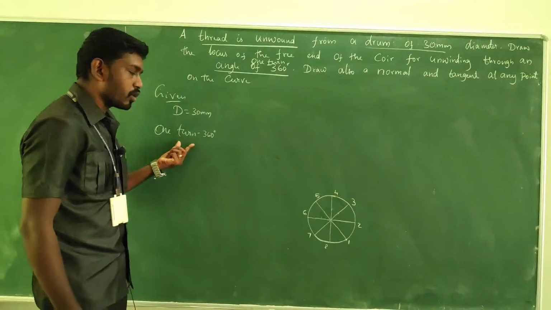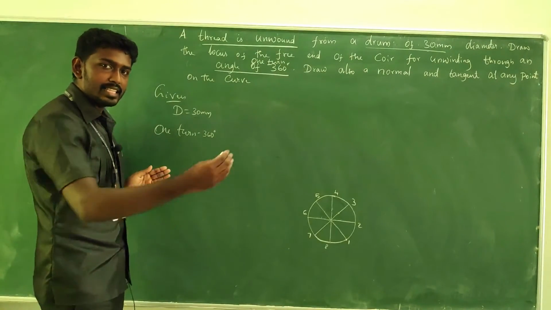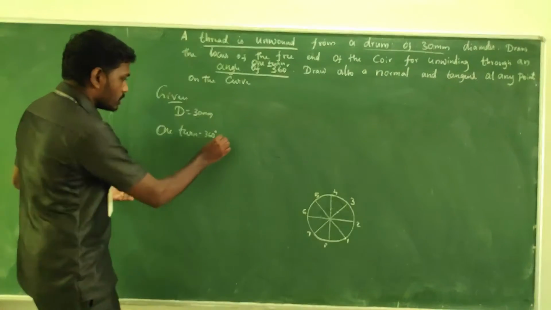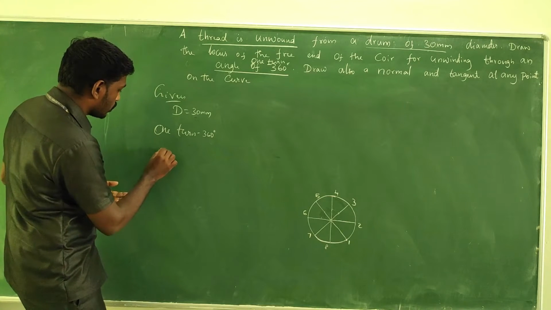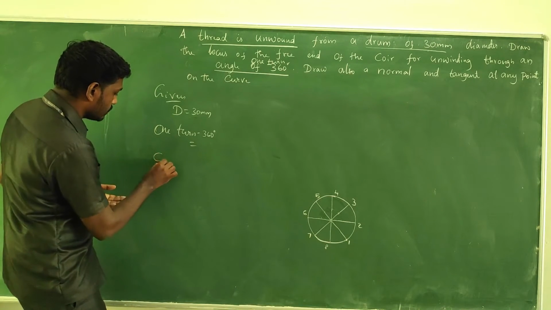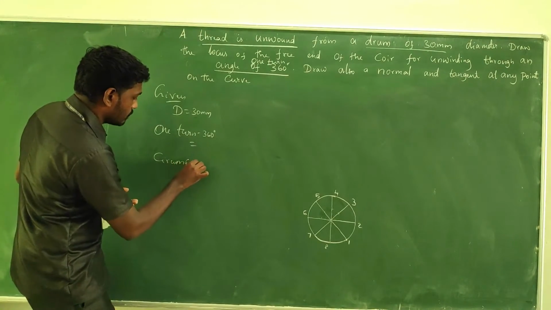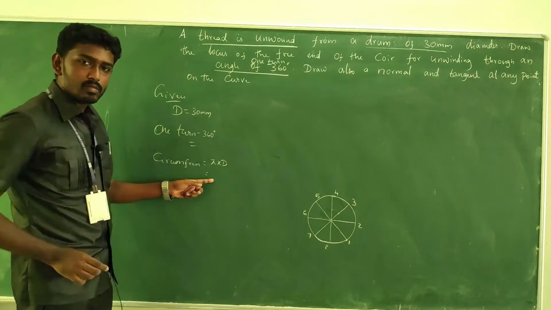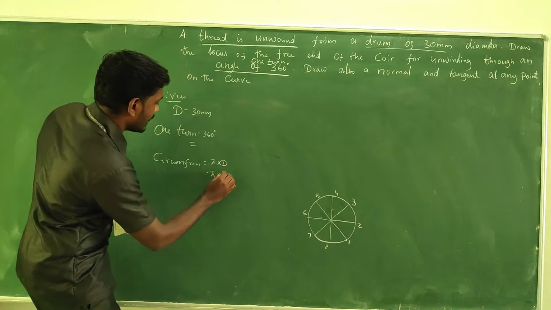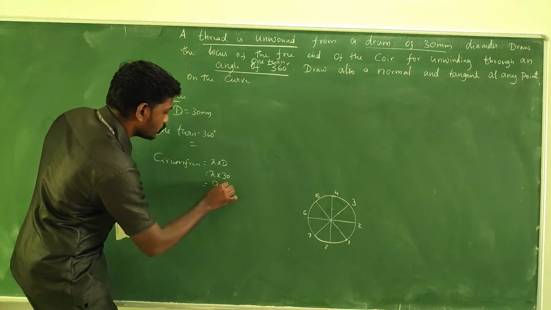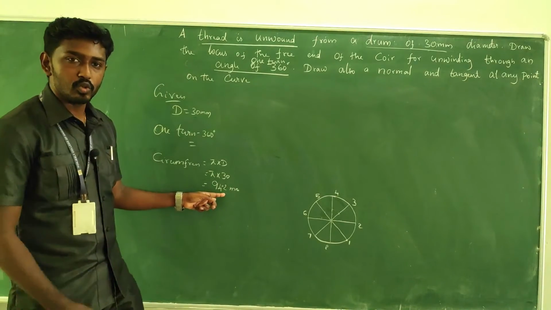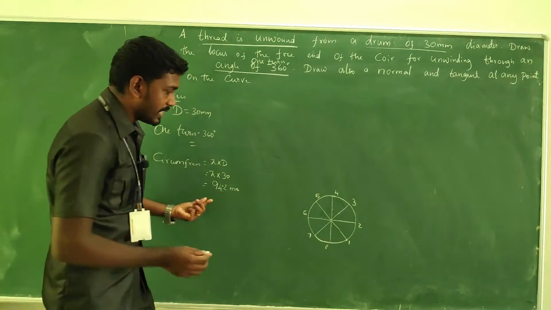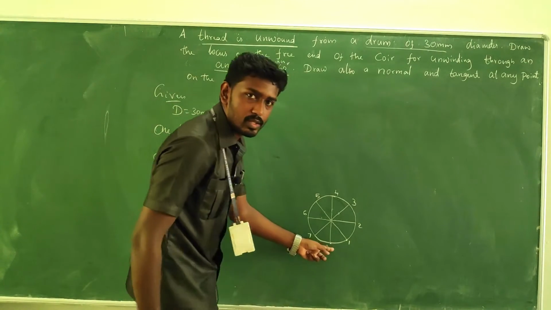So we are going to calculate for one turn. For one turn, the string length will be the circumferential length, right? So one turn is equal to the circumferential length. If you do the calculation for the circumference, pi into d, so we get pi into d, diameter is 30, 94.2 mm. So now this 94.2 mm should be taken on the bottom base of the circle.